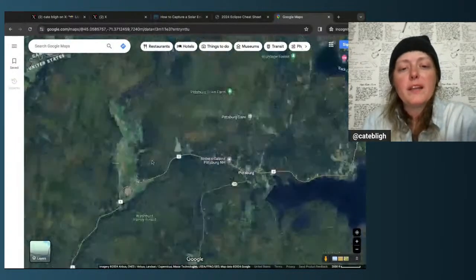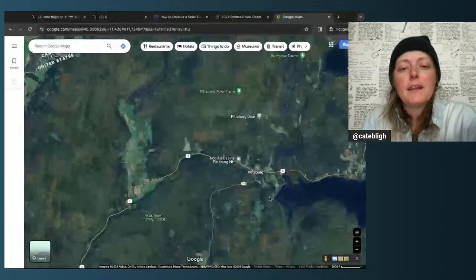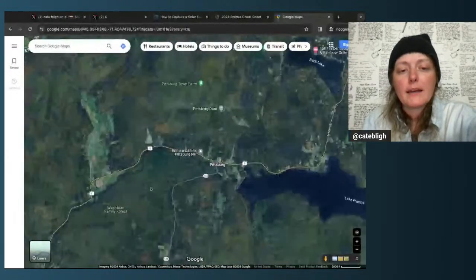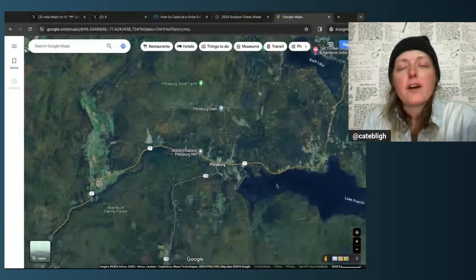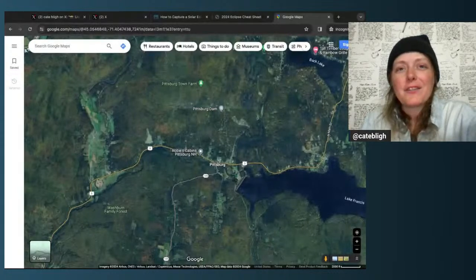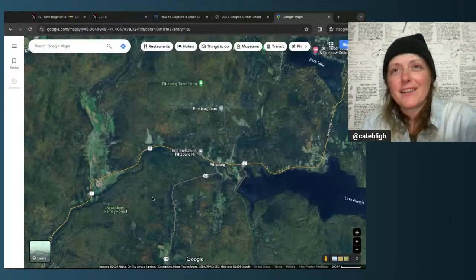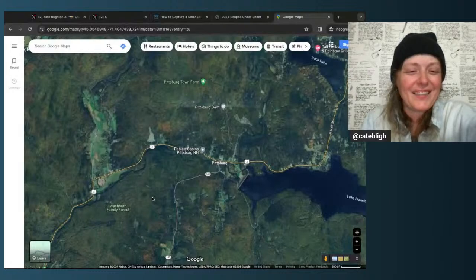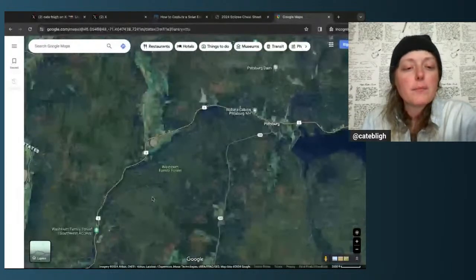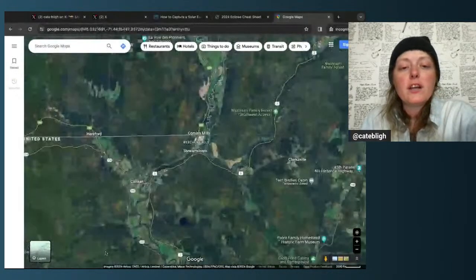And once I got through Pittsburgh, the traffic opened up and it wasn't bad. It was kind of funny. There were people sitting out on their porches, waving and laughing at all the cars. I thought that was funny. So traffic wasn't bad along Route 3 when you got into